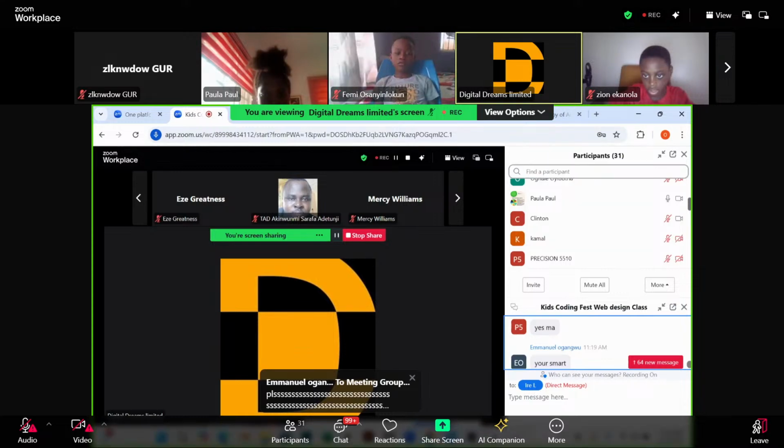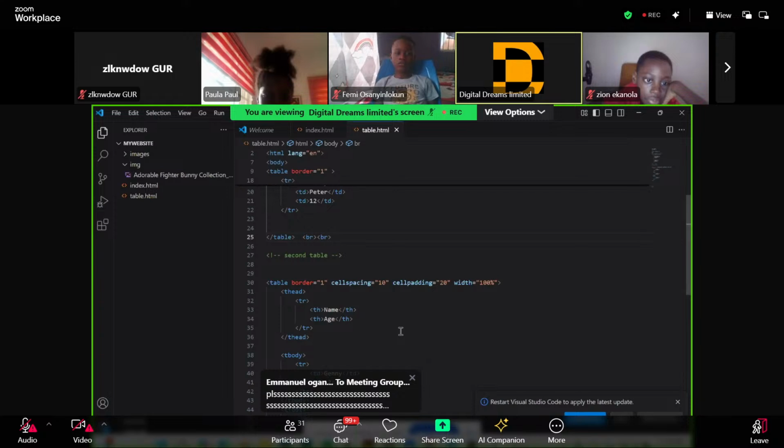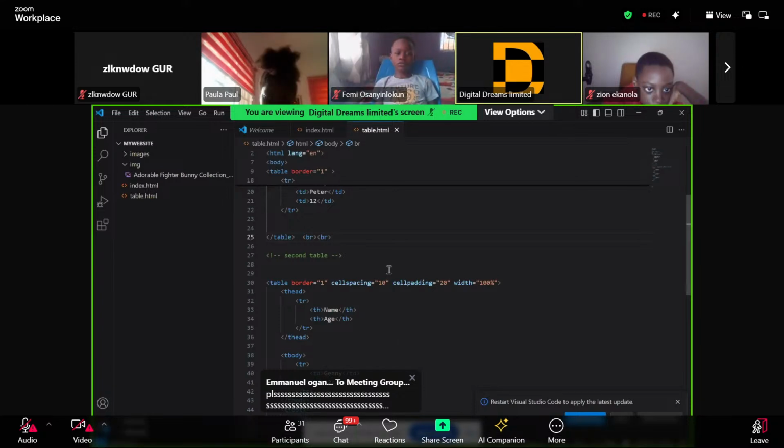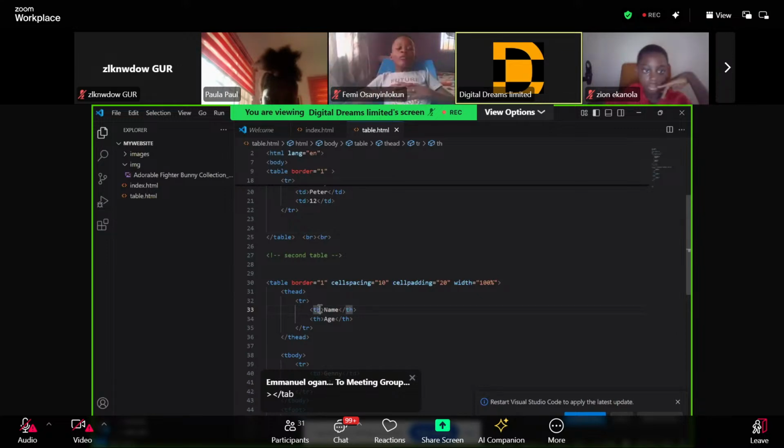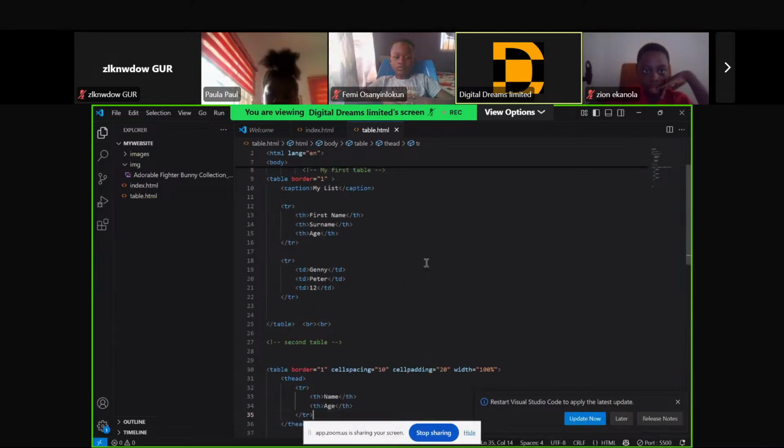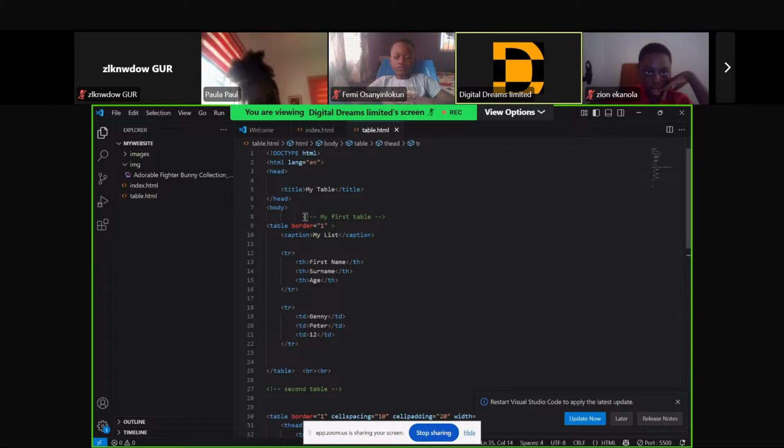So now you can decide to specifically change the width of your box, any of the cells directly. How do you do that? Instead of just saying the width of the entire table will be something, you can decide to just say, let's go to table head and decide to give it a width. But I don't want to do this here because we've already made a lot of changes to this particular one. So I want to go back to the first table I created. I indicated here that this is the first table. So I now want the head of my first table, which is where I did the first name,